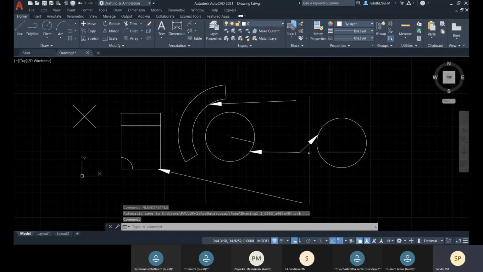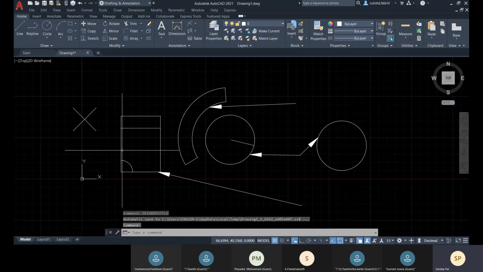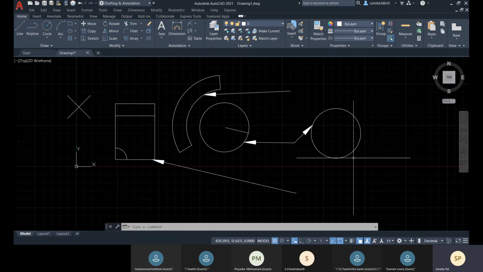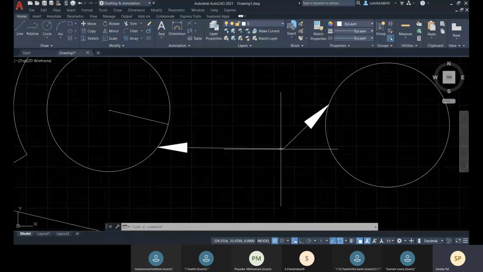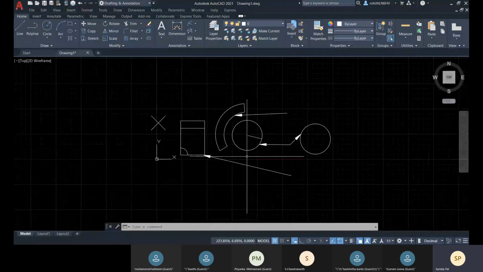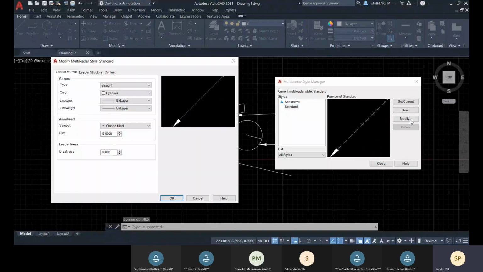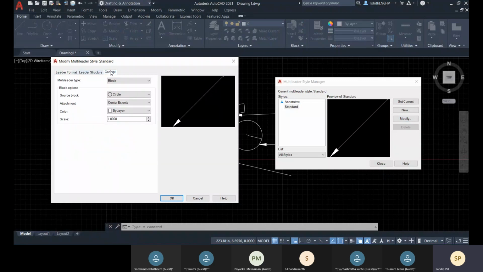Now you can see that you got a bigger arrowhead size, but the text is still small. So again, you can come to MLS. Again, you come to modify and come to this content.